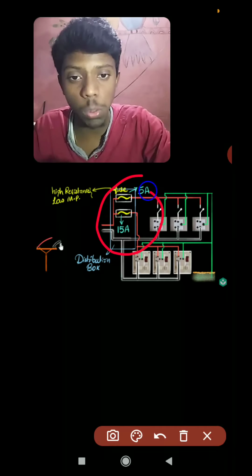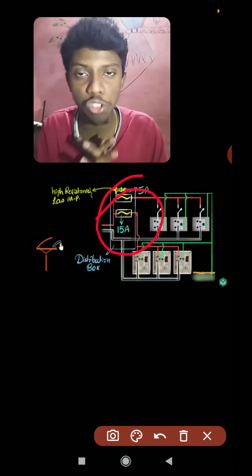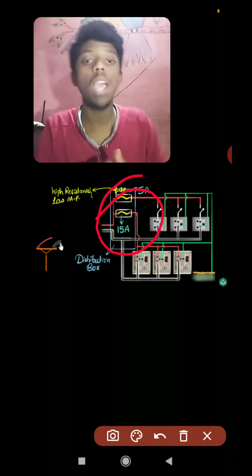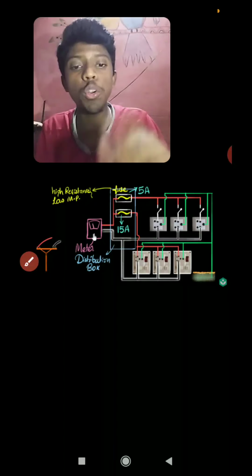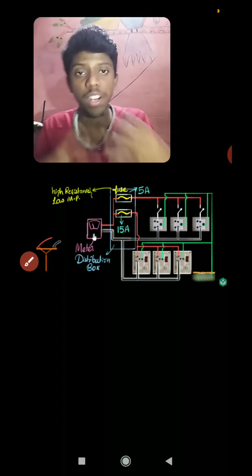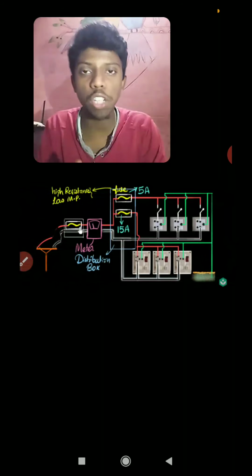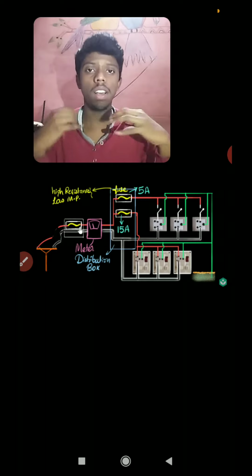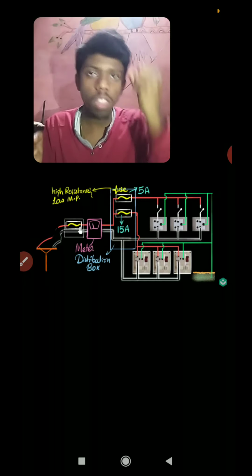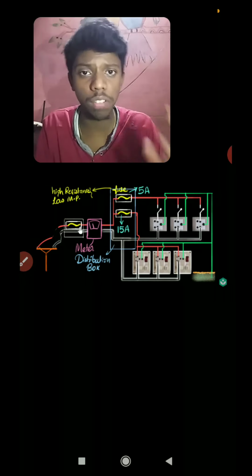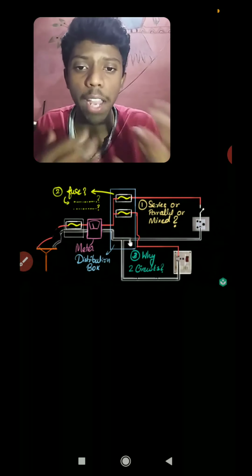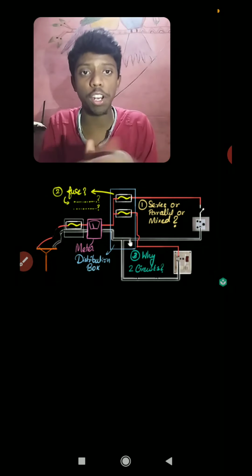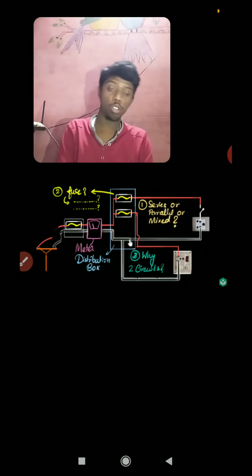And this collection of fuses in a box is called the distribution box, which we can see in every meter box. It is connected to a meter, which records how much current we are using, and that meter has a connection to a fuse again, because a fuse is a protective device, right? It protects our appliances from any kind of danger, and then that wire is connected to the main supply.